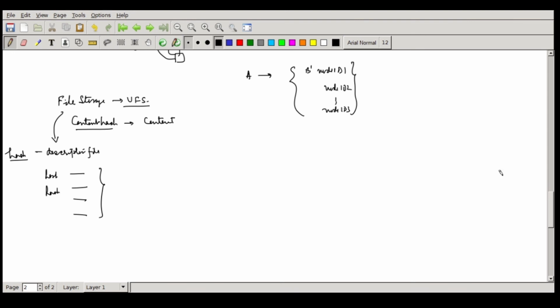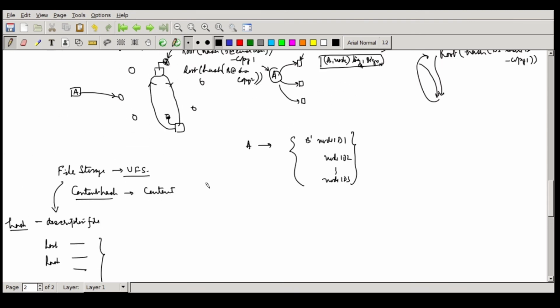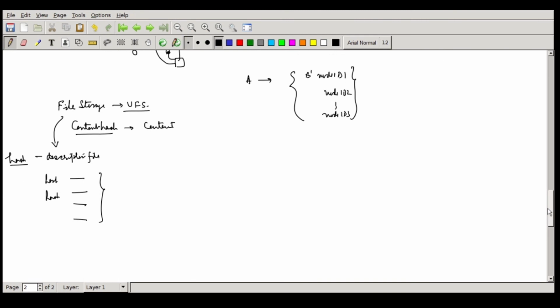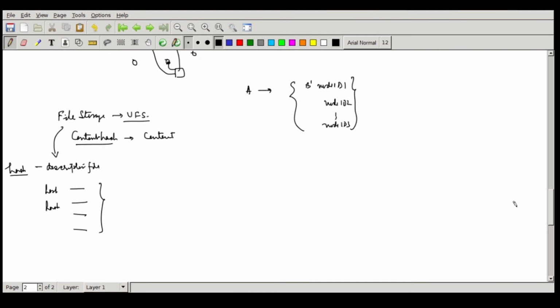So while sending email, you can simply send the descriptor for this and say you have to search it in UFS. So the receiver B can search in UFS and fetch the whole file and all the fragments and assemble the file back. You don't have to store the whole file. Even if you have to store a few things here, you cannot put movies of a few GBs, the whole file. This way is far better because you are doing fragmentation, so it's not loading any one particular node.